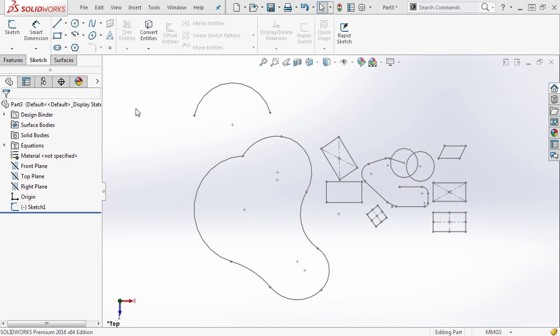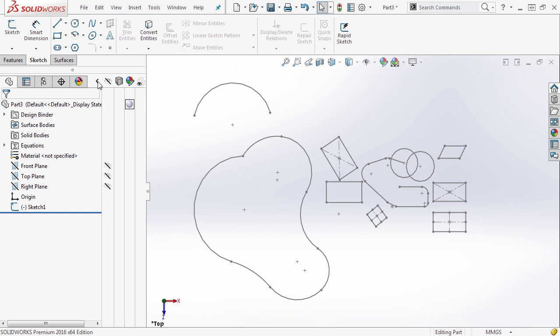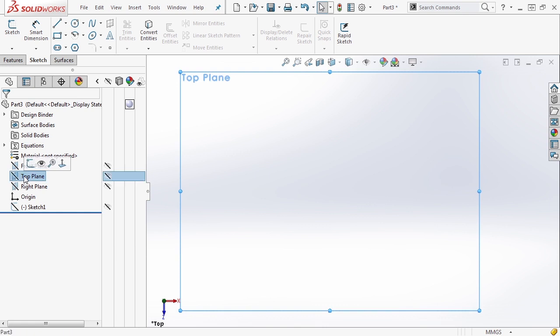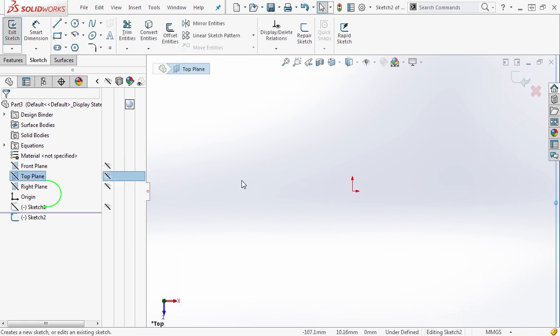Now let's take some time to look at advanced sketch entities. First, we want to expand the display pane, then we want to hide our sketch. So now that our sketch is hidden, we can select the top plane and start a new sketch. On our new sketch, we're going to look at a few of the advanced sketch entities, namely splines, ellipse, slots,